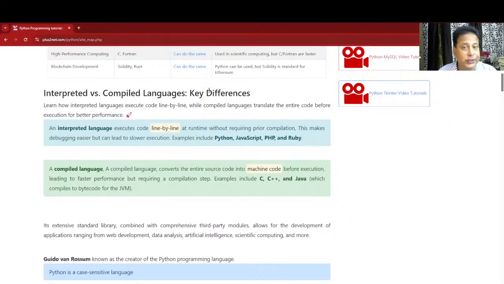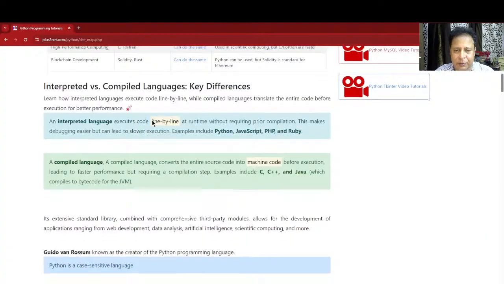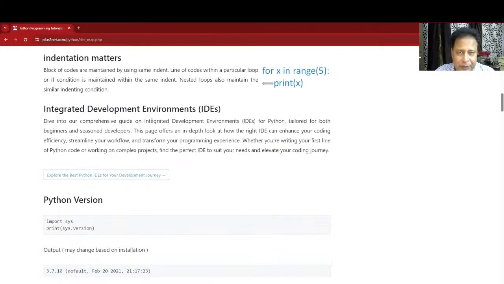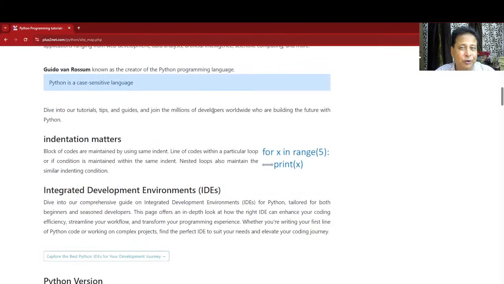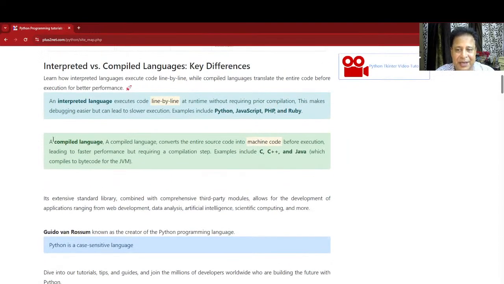See, both of these things are not necessary to do programming in Python, but understanding this will help you better. That's why my request is, please study this particular page, all the content here once, and then when we start, you will be in a better position. What is the difference between the C language and Python, how the system works in C, what is compiled. Here you can see interpreted language and compiled language. Study that. We'll discuss more on that.